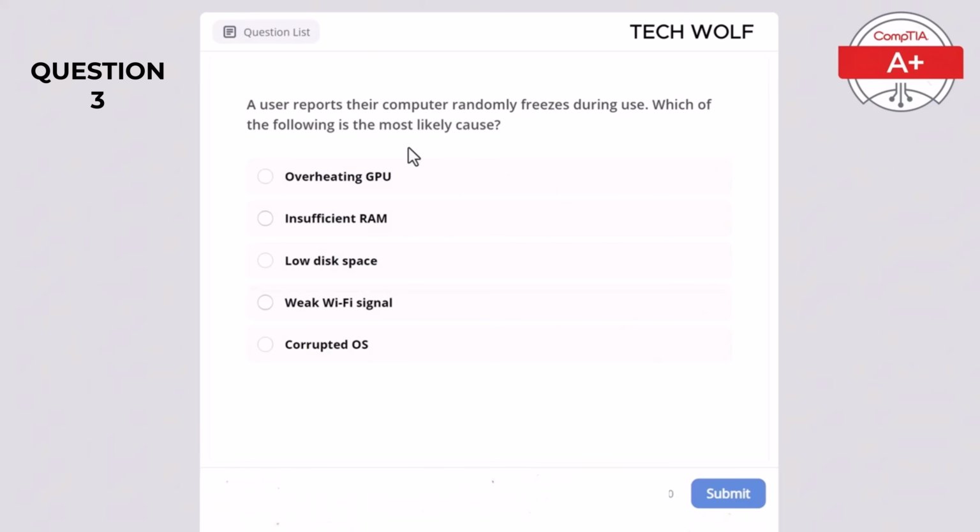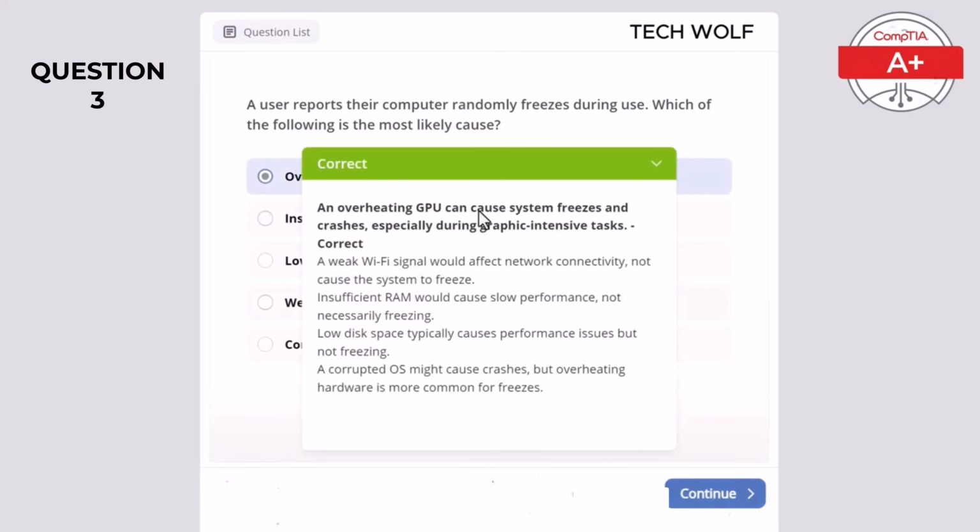A user reports their computer randomly freezes during use. Which of the following is the most likely cause? Overheating GPU, insufficient RAM, low disk space, weak Wi-Fi signal, or corrupted operating system. And the correct answer here is overheating GPU, as an overheating GPU can cause system freezes and crashes, especially during graphic